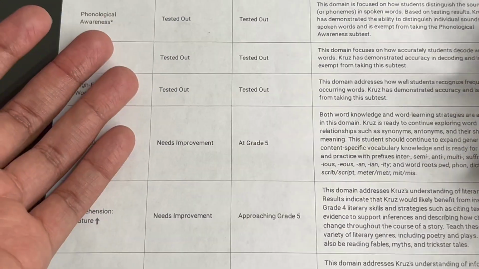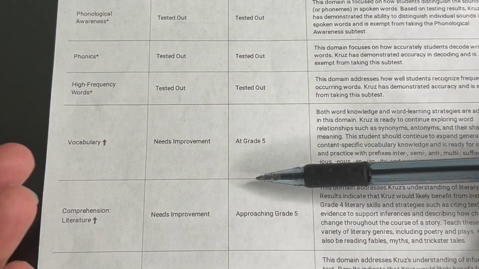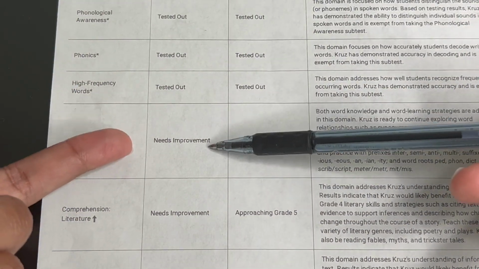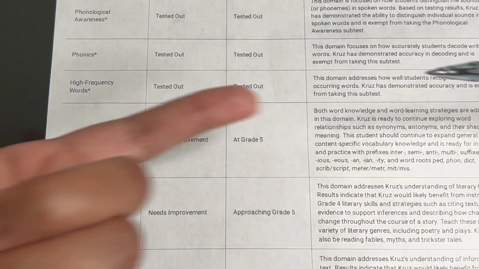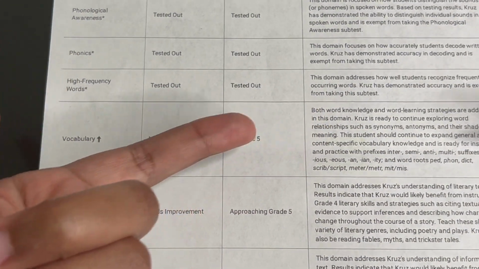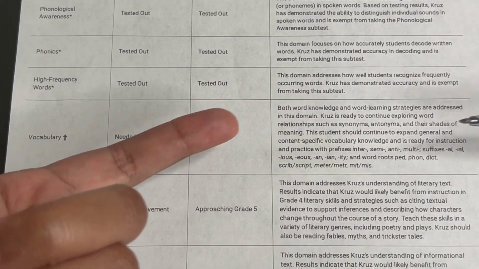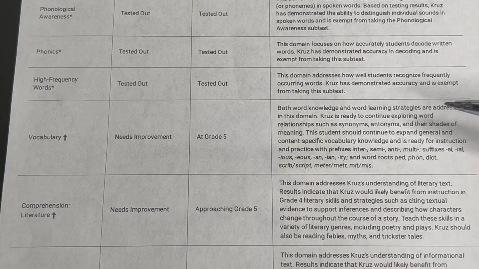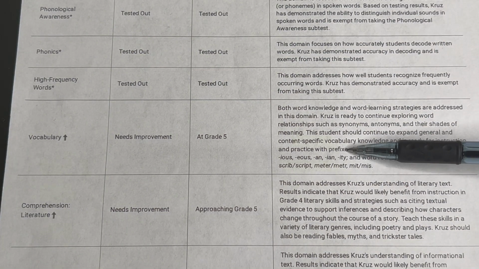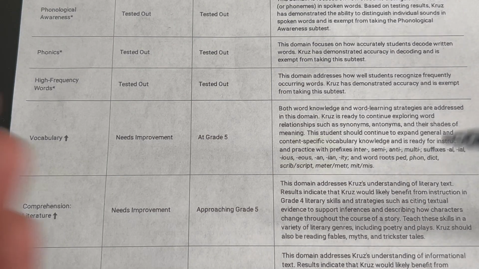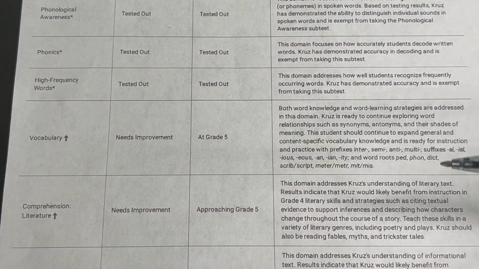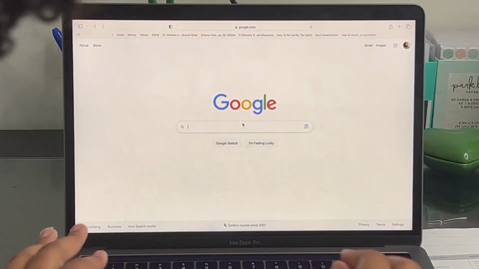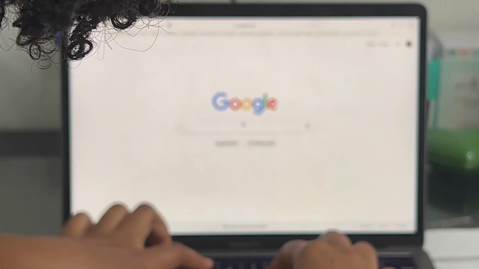If I had received this detailed report at the beginning of this school year, and I saw that Cruz needed improvement in this area, and then it tells me what this area is, more specifically, I can go and find worksheets on synonyms. I can find worksheets on prefixes and root words that I could actually use to assist him in learning at home. And I'll show you how I do that. I can go online and look up 5th grade